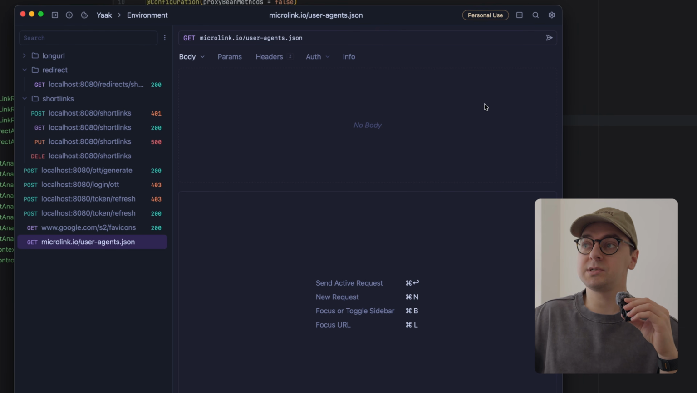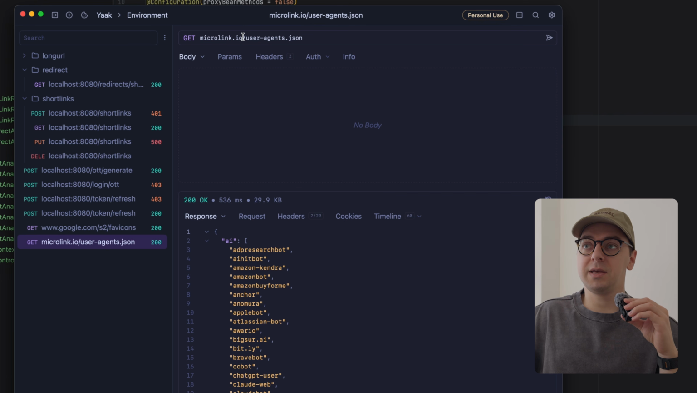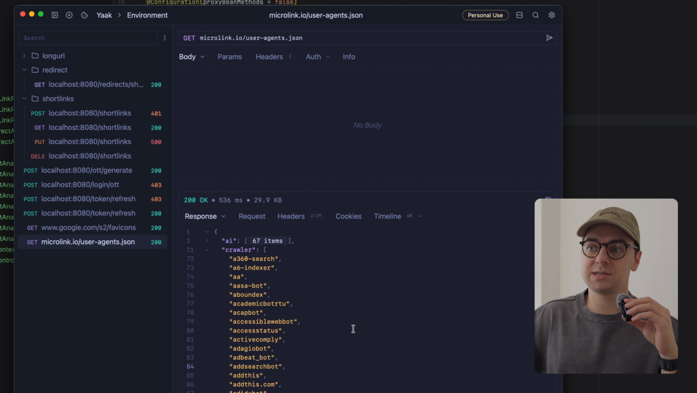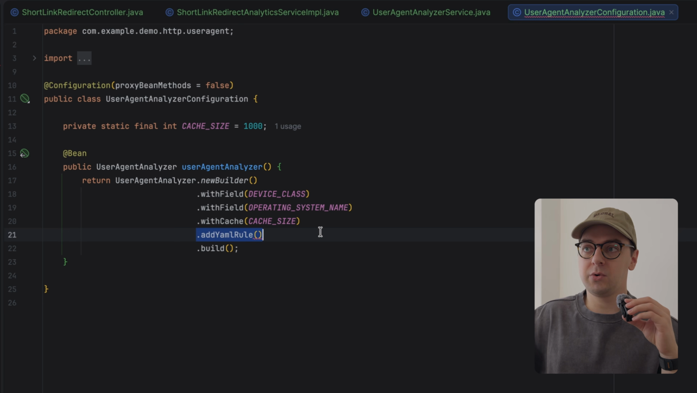And there are resources that are updated weekly, one of those being Microlink, and they have a public endpoint to get the most commonly used user agents. And here they have two lists for AI bots and crawlers. So I thought that on every application startup, I can make this request, fetch the list and set it to the YAML rule. And after a couple of hours to make it compliant with the YAML rule structure and automated